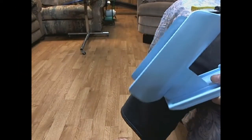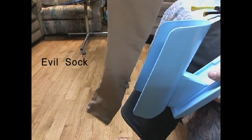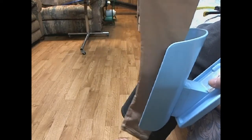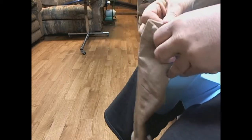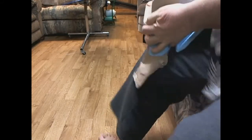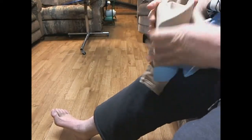Okay, let's move on to the evil stretch sock that they make you wear when you come out. These, again, will frustrate the heck out of you, even if you've got someone to help you. Like I said, I had someone to help me, and it was a real problem. So I found this. I'm going to show you how this works. It's the same thing. You take the sock, you put it in the little valley here, and you basically pull it up, pull it down over,